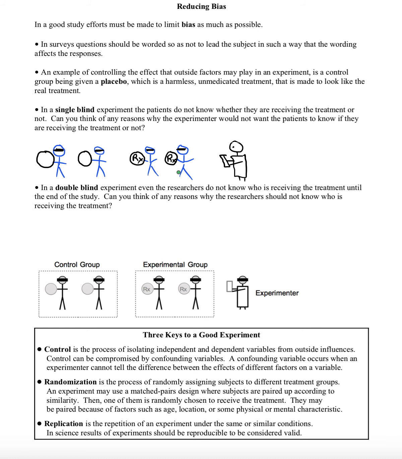Okay, what I've drawn here is an example of a single-blind experiment. In a single-blind experiment for a medication, for example, one group would be given a treatment and the other group would get the placebo. The group that gets the treatment is the experimental group, or treatment group. The other group will be the control group.